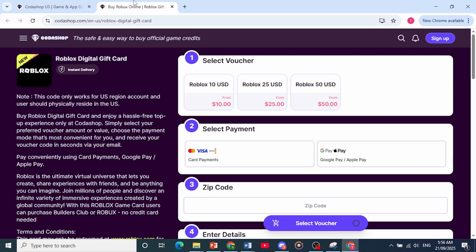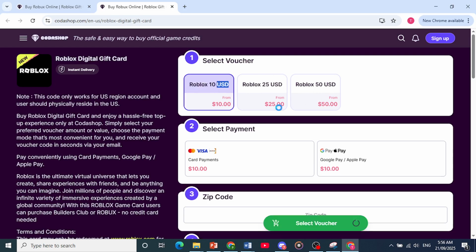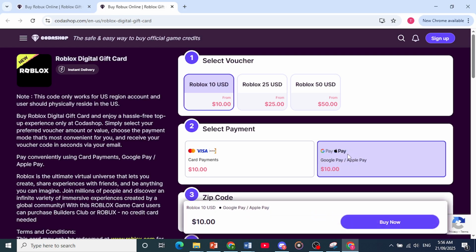Now, after you click on it, you get redirected to this page where you choose the voucher for Roblox, whatever plan you want. After that, to get the load option, you come here, select payment, and depending on the country you are located in, for example, if you're in the Philippines, you get more options, more payment options